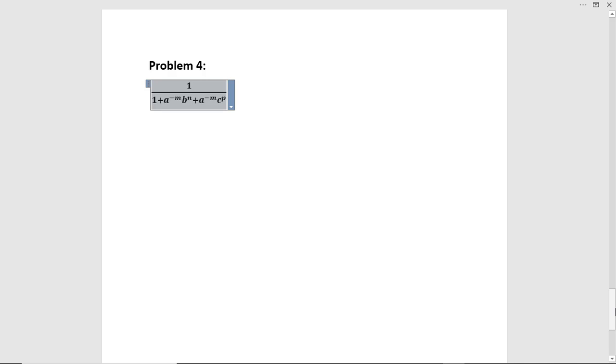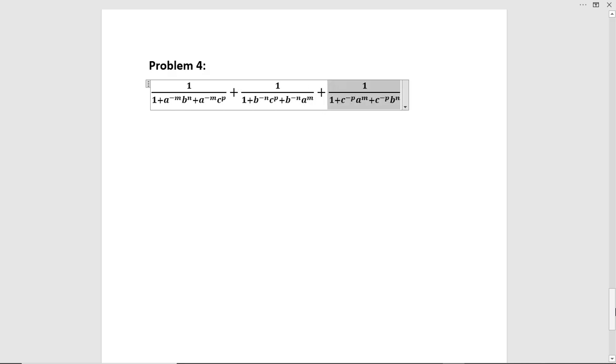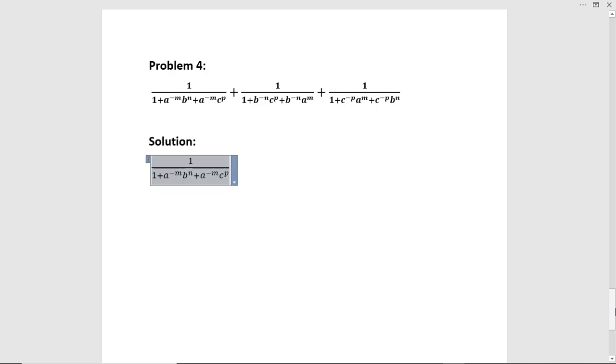1 by 1 plus a to the power minus m b to the power n plus a to the power minus m c to the power p plus 1 by 1 plus b to the power minus n c to the power p plus b to the power minus n a to the power m plus 1 by 1 plus c to the power minus p a to the power minus m c to the power minus p b to the power n. So we have to simplify this problem. The solution: